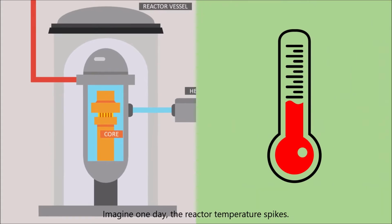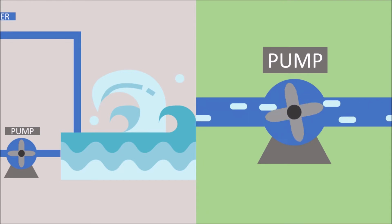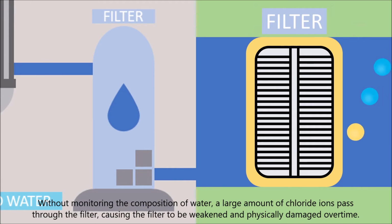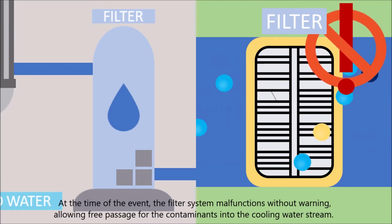Imagine one day, the reactor temperature spikes. The cooling water flow rate is increased to remove this excess heat. Without monitoring the composition of water, a large amount of chloride ions pass through the filter, causing the filter to be weakened and physically damaged over time. At the time of the event, the filter system malfunctions without warning, allowing free passage for the contaminants into the